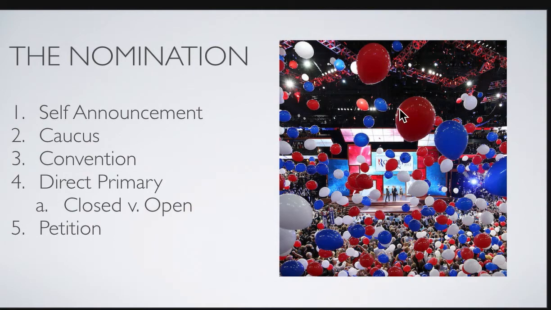A caucus is our second form of nomination. A caucus is a group of like-minded people, and they meet together to select a candidate. You need to make sure that you get that term solidified, because you're going to hear the term caucus quite often, and I'm not going to go back and define that for you. You need to know what that is. So it's a group of like-minded people who meet to select a candidate.